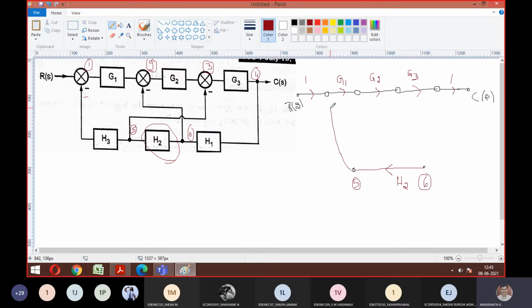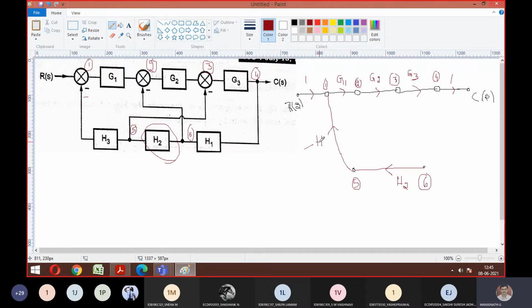So from 5 to 1. This is 1, right? So you can connect here. If you want, mark everything, then we'll proceed. 1, 2. If you mark things like this, it will be easy, and you won't make mistakes in the connection also. So 4, 5, 6, the major part to mark. So 5 to 1 connection is there. How should the arrow mark be? It's a feedback. Since it is minus here, I need to represent minus H3.